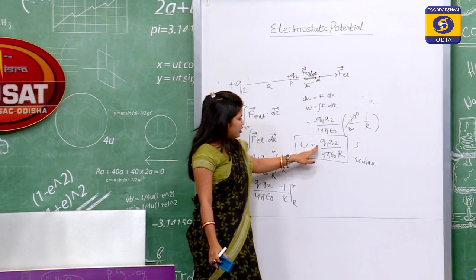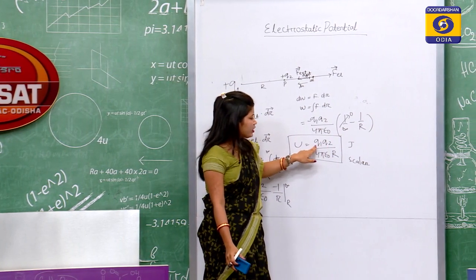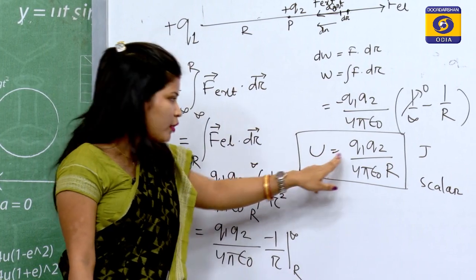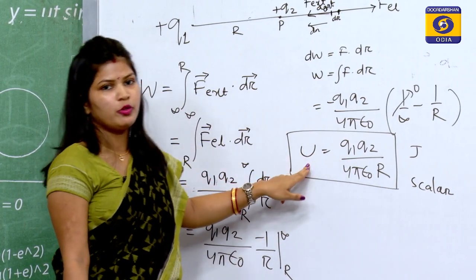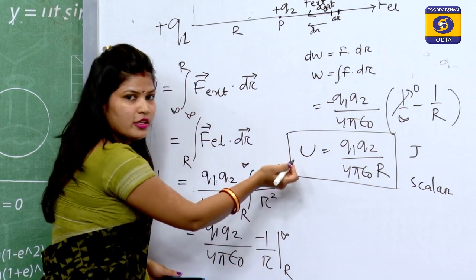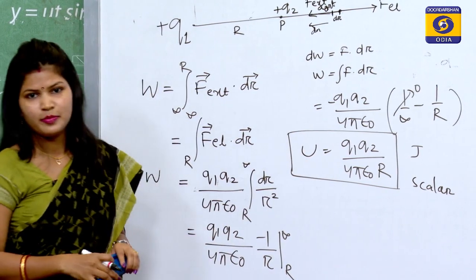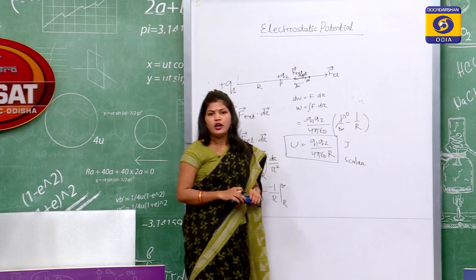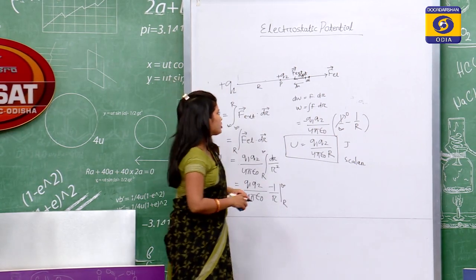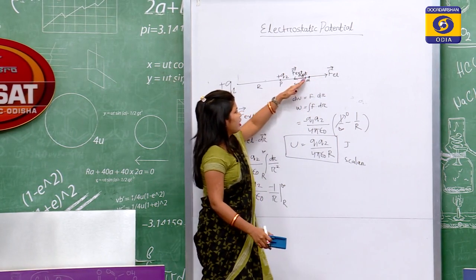See here, if both q1 and q2 are positive, then energy will be positive. If one of them is negative, then energy will be negative. So, our energy is very sign sensitive. Now, I want to convince you that suppose I did not come along a straight line